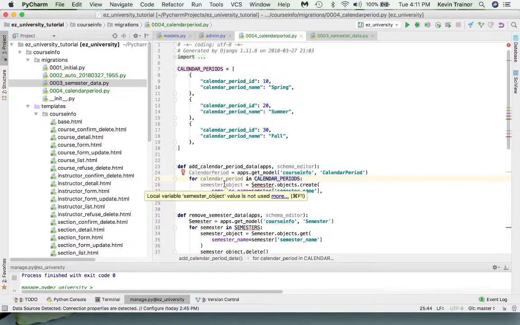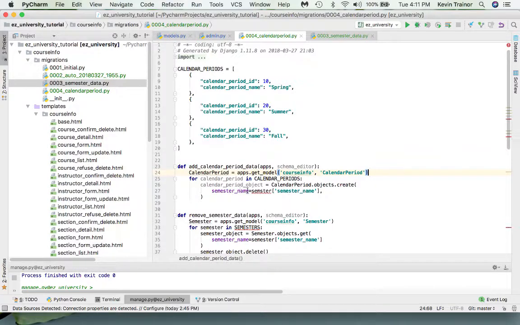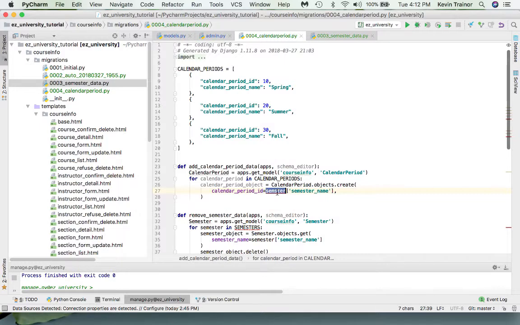Okay, so we're going to say calendar period object equals calendar period objects create, and we're going to say calendar period ID equals calendar period, and then we're going to use